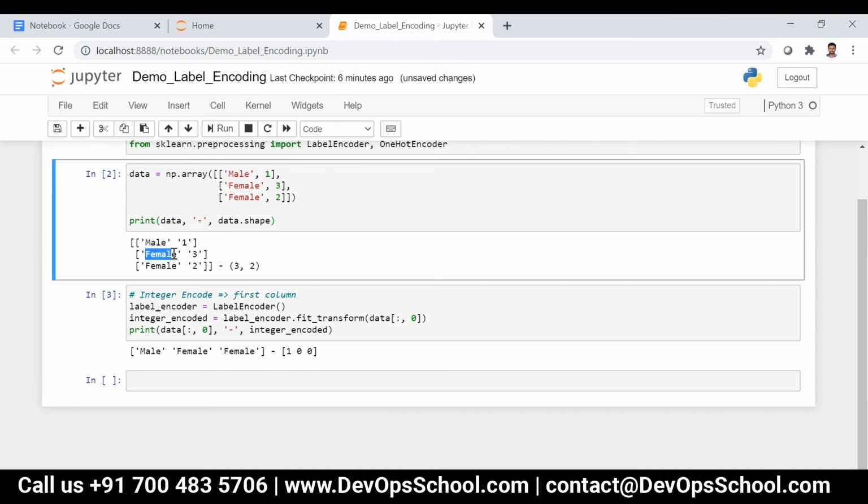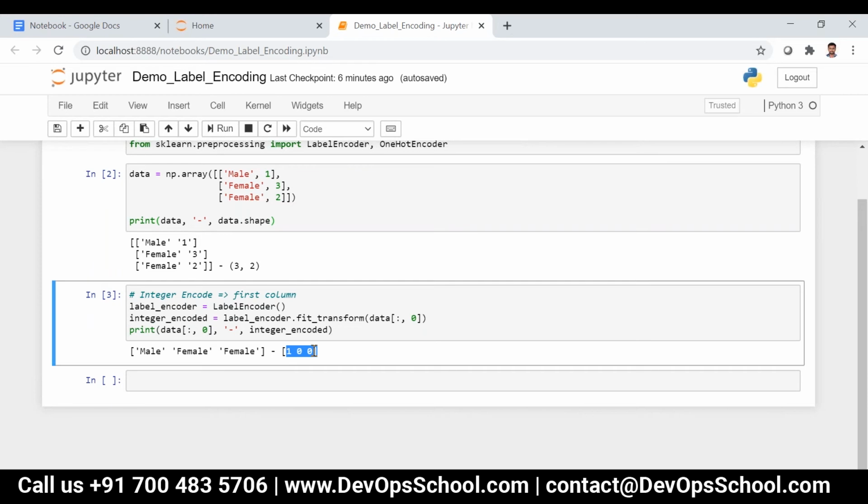If you sort it, first is female and next is male. So the first element will be assigned 0, the second element will be assigned 1, and so on. If there is any third category, it will be assigned 2. So now you can see 1, 0, 0. Got it? That is, male, female, female has been encoded.